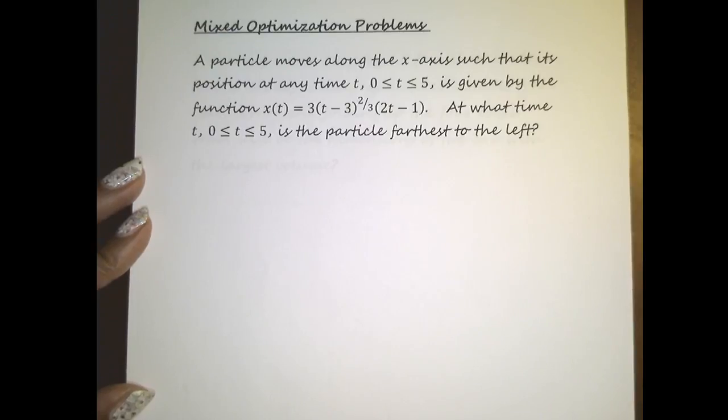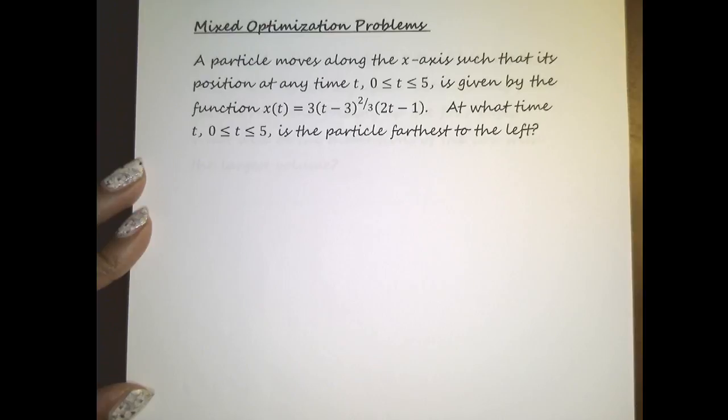First, let's read our example. A particle moves along the x-axis such that its position at any time t, where t is on the closed interval from 0 to 5, is given by the function x of t equals 3 times (t minus 3) to the 2/3 power times (2t minus 1). At what time t, where t is on the closed interval from 0 to 5, is the particle farthest to